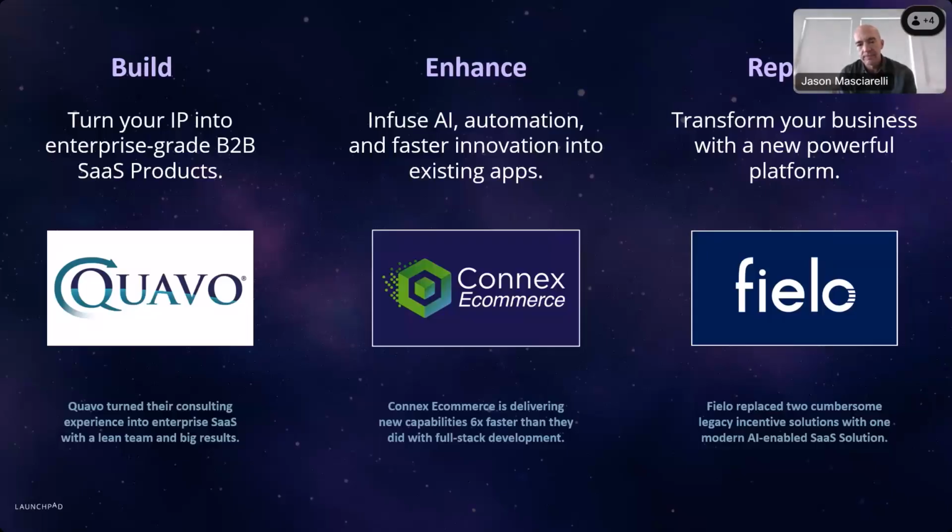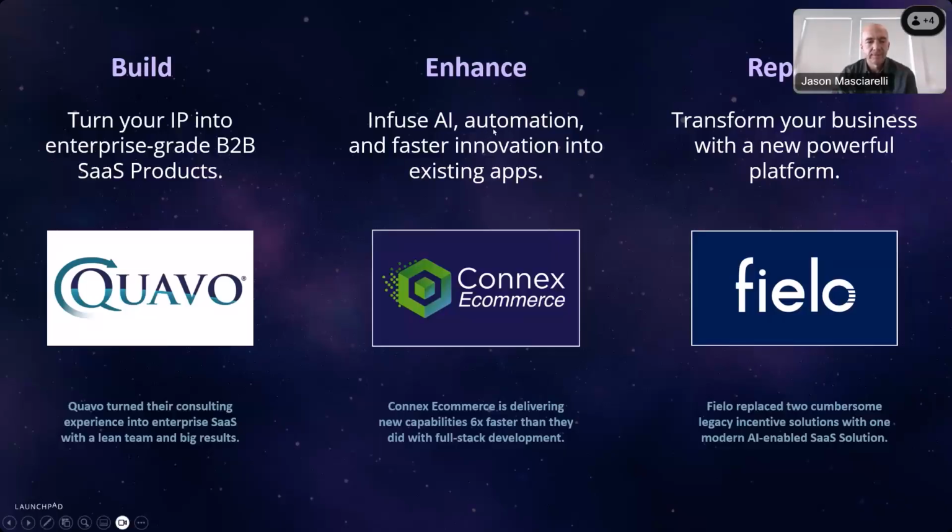And then replace or replatform is where organizations want to leverage Launchpad to essentially eliminate their tech debt and build out a new product or new edition of a product. That's what Fiello has done. Check out the case study on our website to read about how Fiello has taken their loyalty management for B2B and B2C and has really transformed that product, rebuilt the product that they've had for the last decade, just over the last 4 months. And now they've got a new architecture. It's an AI first product with lots of AI capabilities,